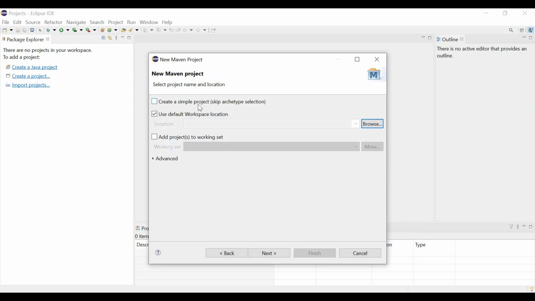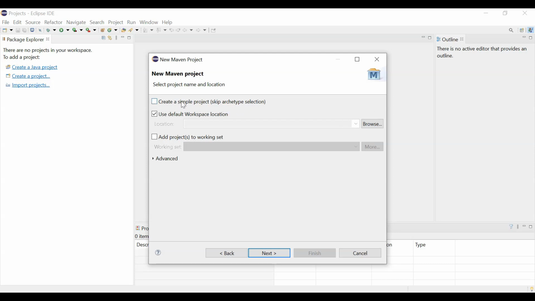In case you are good at developing a Java application, maybe you can choose this option. Whenever you choose this option, it just creates a directory structure and you need to write your own programs. But I'm not a developer and I don't have that much skill, so I'm skipping this, which means that I'm going to use the archetype selection.